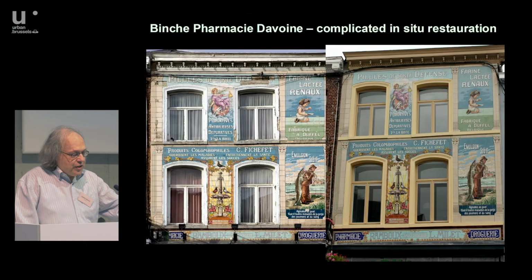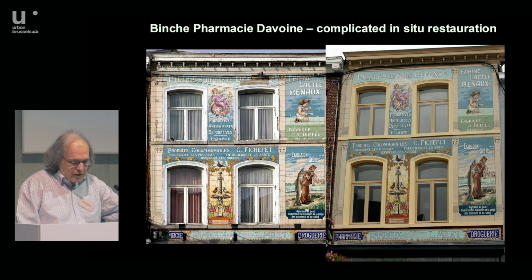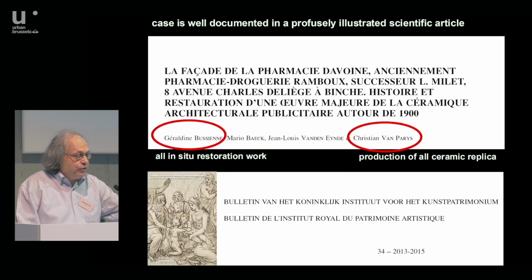Third case, Binche, Pharmacie d'Avoine. This was one of the biggest complicated in situ restorations of the last 30 years. It is a huge tile panel with a lot of problems. The case is well documented in a profusely illustrated scientific article. I commend it to the public. It was published in